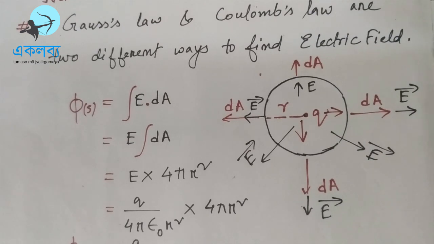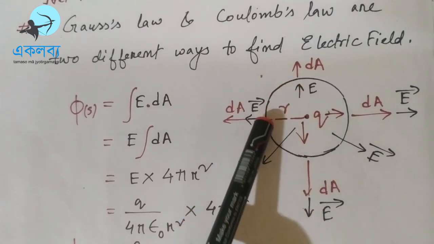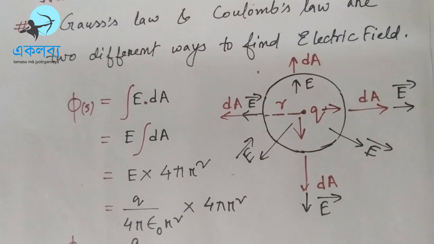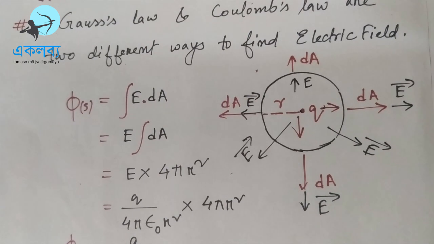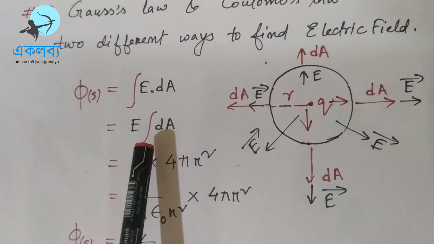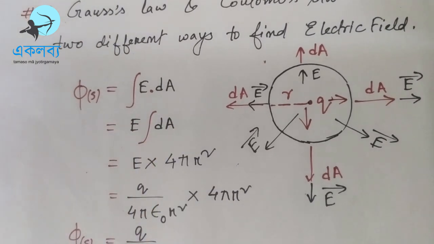So due to the surface, the way we represent the surface here helps us to make the electric field constant. Because if you take any point on the surface, each and every point will be at a distance of r from the source, r from the center. So though the electric field varies with distance, here due to the Gaussian surface, the electric field will be constant, which makes our work 50% done. So we take the electric field out of the integration because it is a constant.